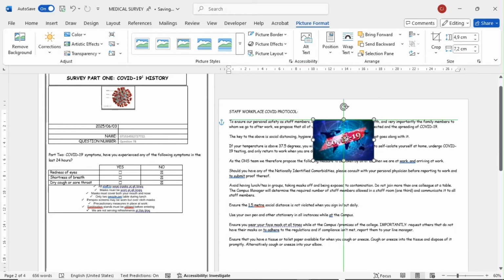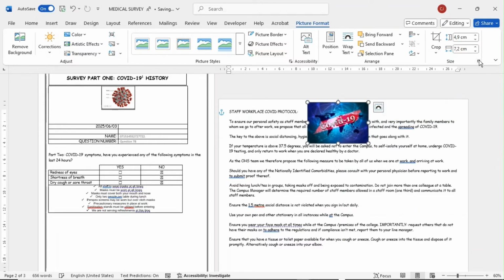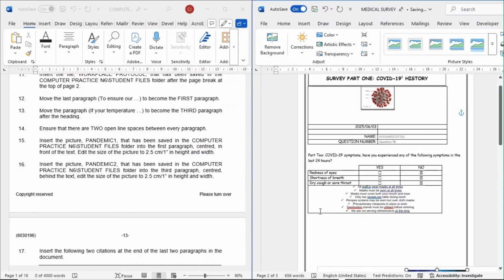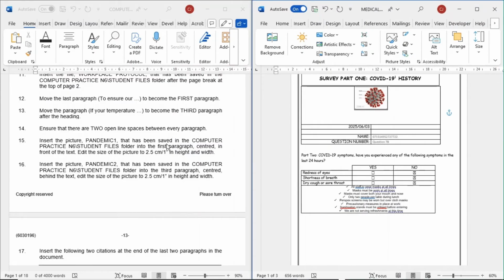In front of the text, change the size, deselect the ratio, and just confirm what is the size. I'll go to 2.5.